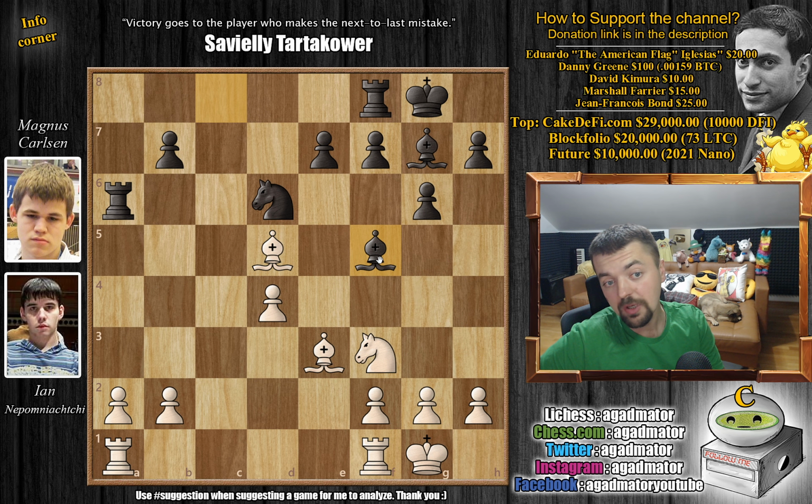Nepo is now up a pawn, and where is the compensation? Both players still have the bishop pair, and there is this 2-to-1 advantage on the queen side, so that's something that Nepo is definitely interested in playing for if he can somehow create a passed pawn. So rook f to c1, getting the rook to the only open file on the board makes sense,